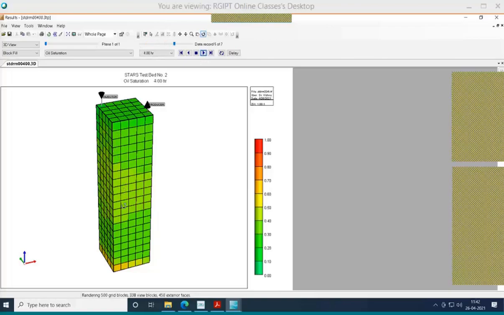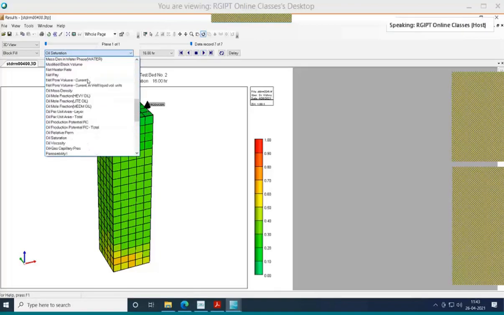You can see that here it was 1. The oil saturation was changing like that. If you haven't seen, let me play it again one more time. The oil saturation is changing all over this place, and it is getting produced. So at each and every point we can see what the saturation is at each and every flow.